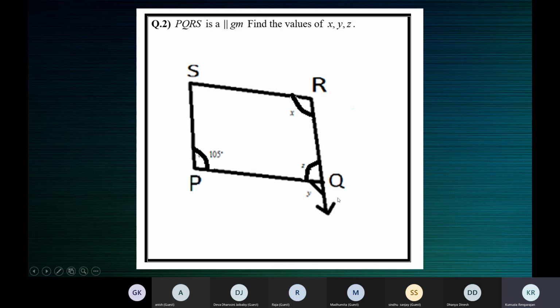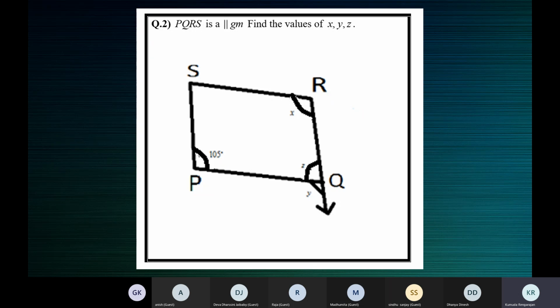X is equal to Y, corresponding angles are equal. Do we get that, children? Yes, ma'am. All right, now tell me which are the parallel lines and transversal